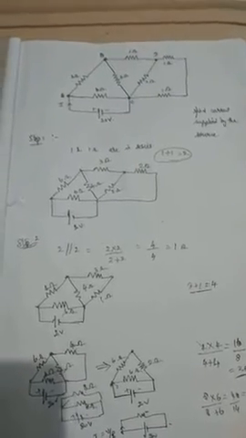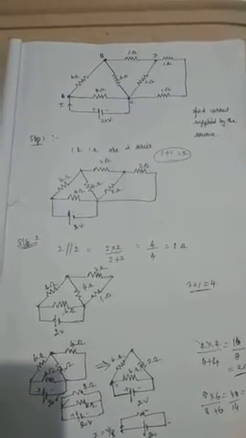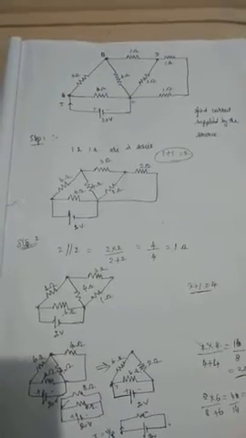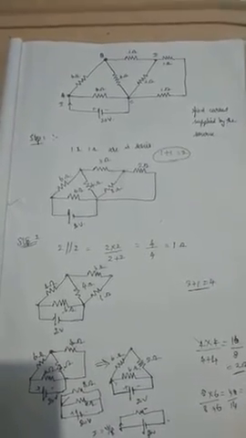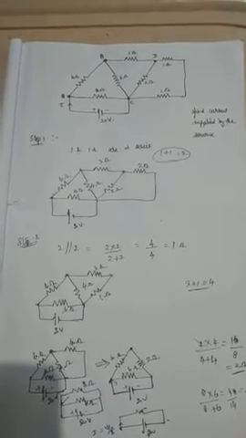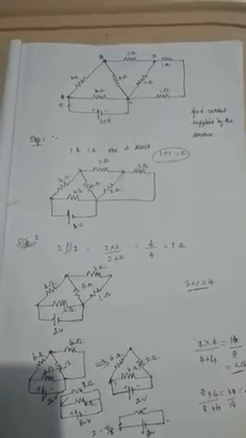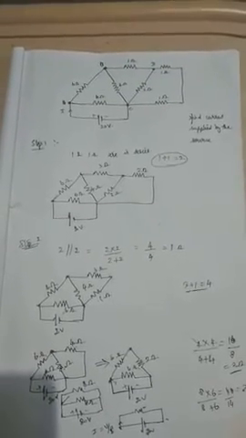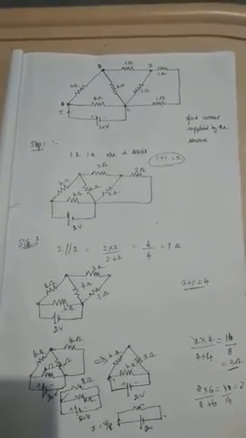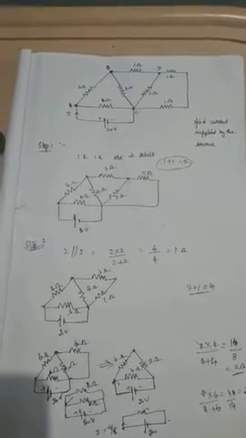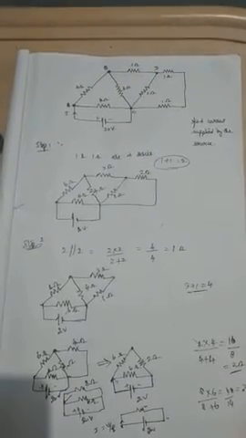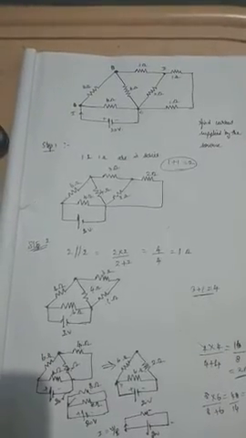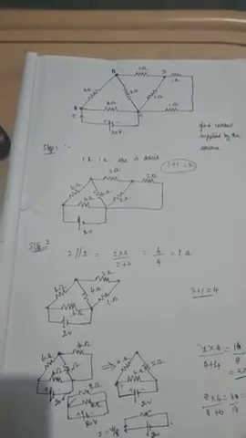Since there are two kinds of connections, series and parallel: a series connection is when, if you have two resistances, the ending point of one resistance is connected to the starting point of the other resistance. In between there should be no junction or any node. Then it is a series connection. If it is parallel, the starting points of the two resistances will be at the same junction, and the ending points will also end at another junction or the same junction.